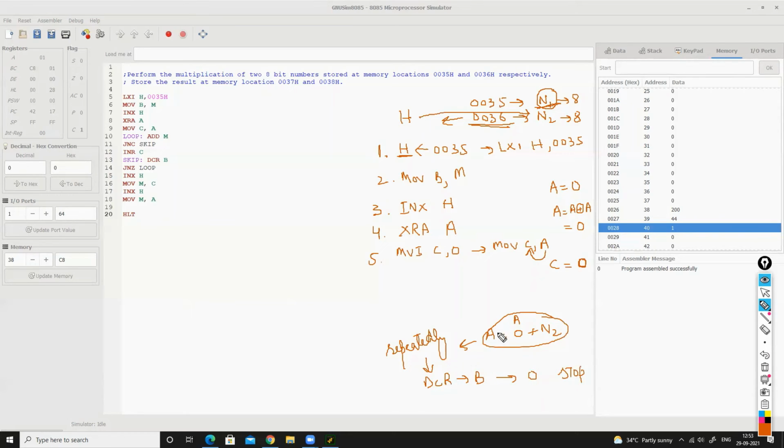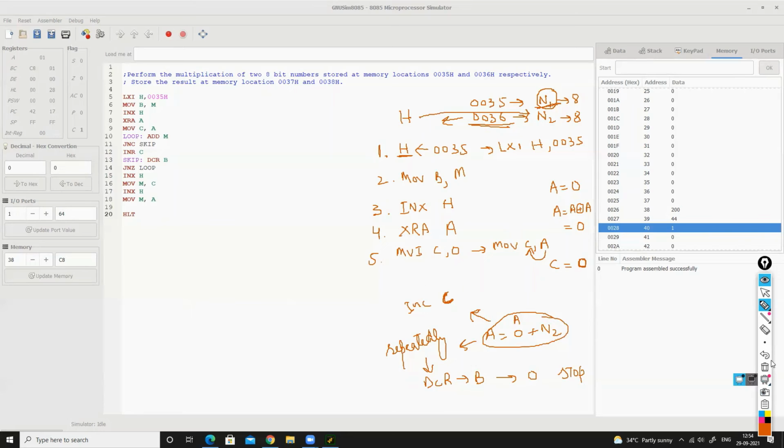Also, this addition may result in generation of carry. Whenever there is a carry because of this addition, we will increment C, because C is our higher order byte and it will contain the number of times overflow has occurred.